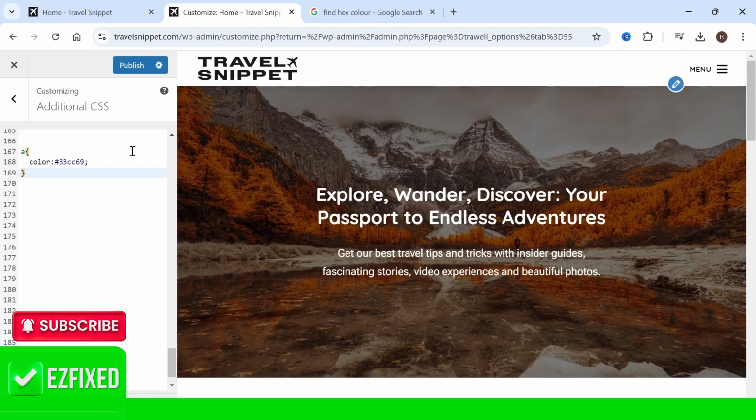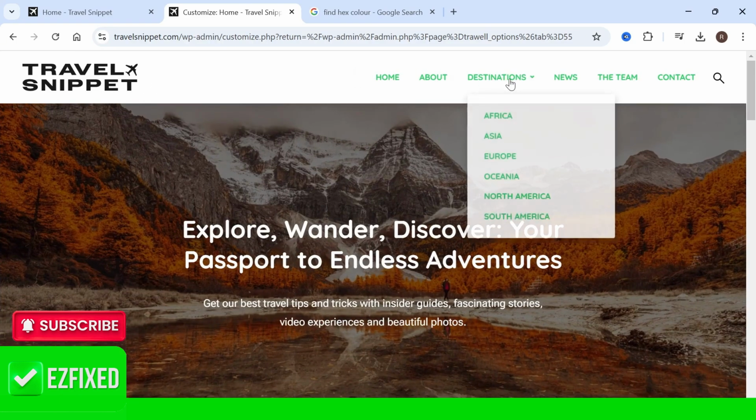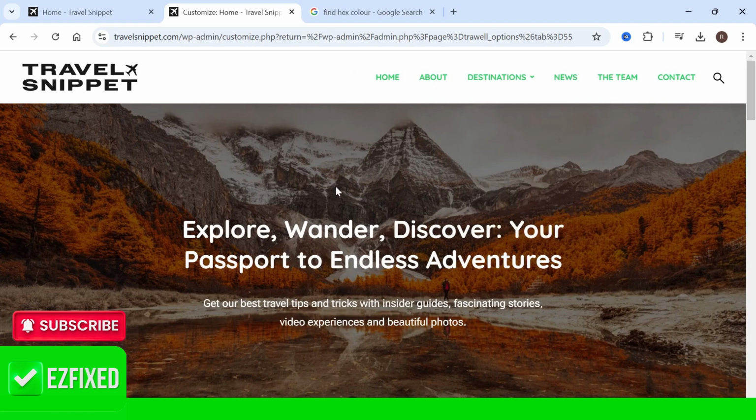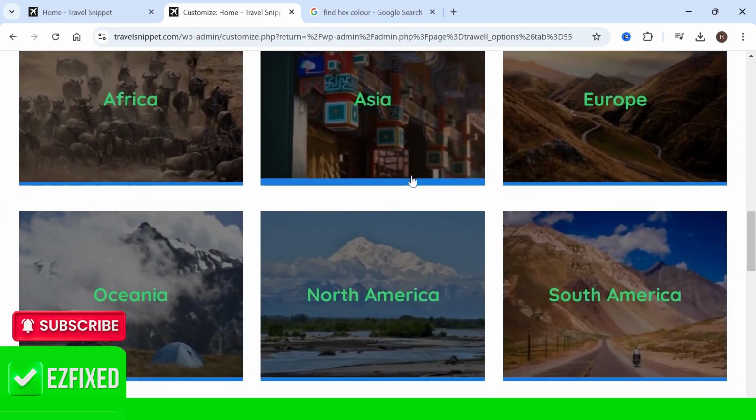If it's not worked, what you can do is come back to the end of this statement, and then just before the semicolon, we're going to type in space, exclamation mark, important, and then it should finish again with this semicolon. So now if I click on hide controls again, you can see that's changed all of my menu icons to this green color. Now the only problem with this is it's actually targeted all of the links on my page and not just the navigation. If you scroll down, you can see all of the links on the page have turned green, which is not